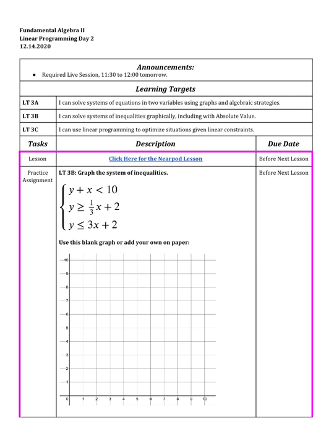Okay, so the first problem here says graph the system of inequalities. And so what we need to do is figure out the slopes and y-intercepts of each of these lines and then graph them, figure out which side to shade, if it should be a dotted or a solid line, and then make sure we find the part that's shaded by all of the inequalities. So for this one,